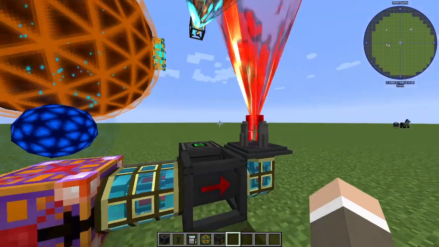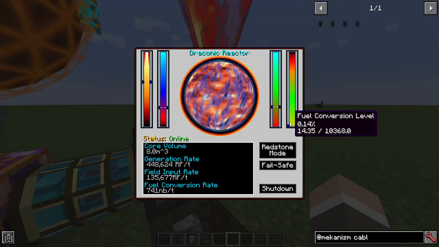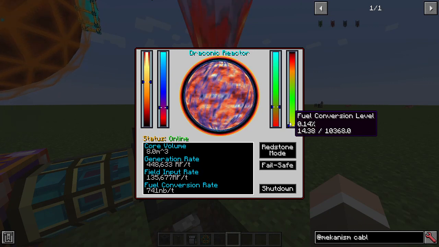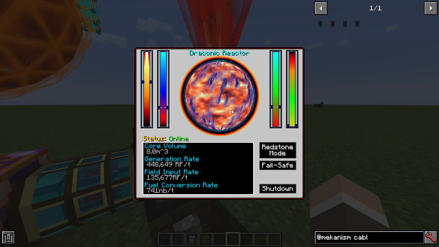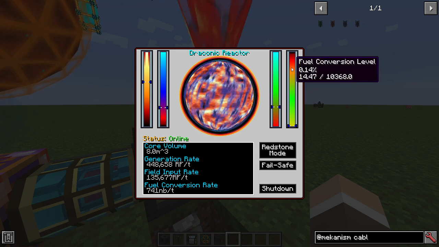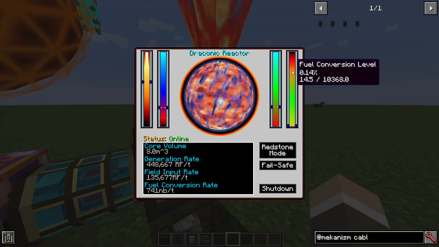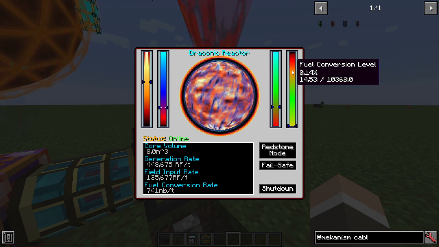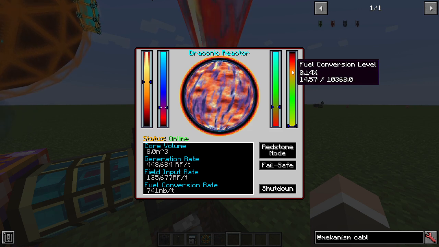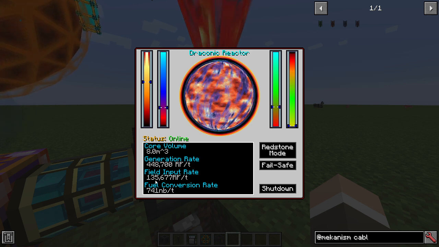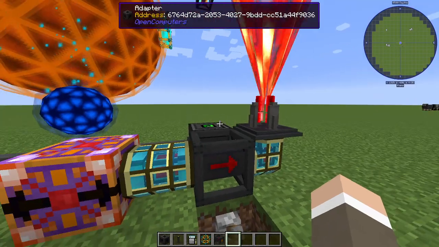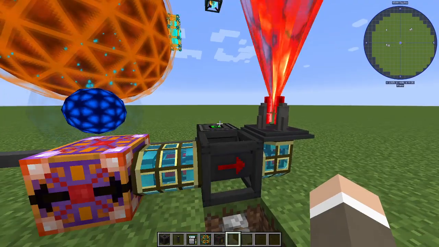This reactor is running at basically 0% fuel conversion, which means that this is about 1/3 of what it's going to be generating toward the end of its lifetime when you reach a fuel conversion level of, say, 60 to 70%, when you're going to be outputting easily 2 to 2.5 times as much energy. So this field input rate, right now it's still pretty high at around 135,000 RF per tick. Like, if we take a look